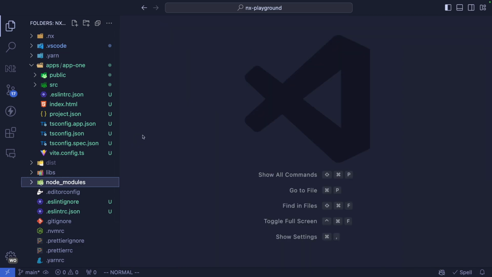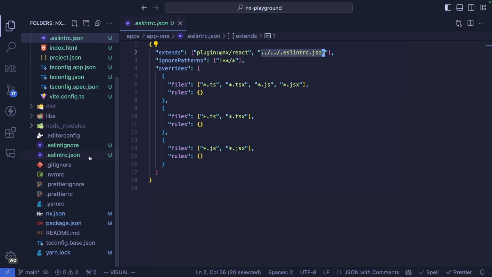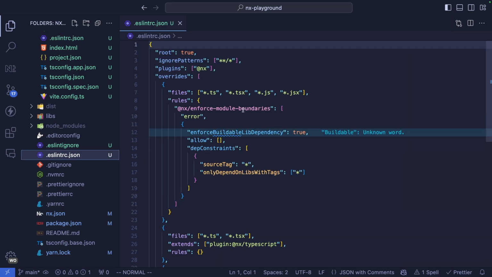Awesome. Okay, another file that has been generated is this .eslintrc.json. So basically, ESLint is a tool for enforcing coding standards throughout the code base, throughout the project. And here you can see that app1 has an internal .eslintrc.json that is referencing a root .eslintrc.json that previously we didn't specify. So you can see that NX in this case has generated for us an initial configuration for ESLint